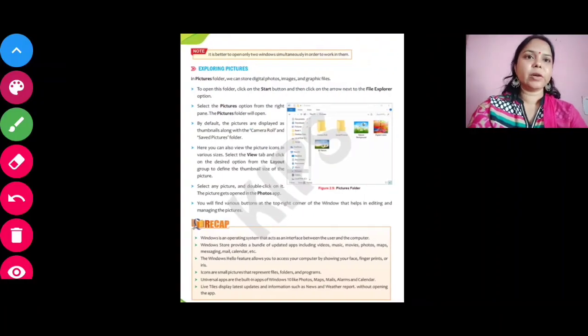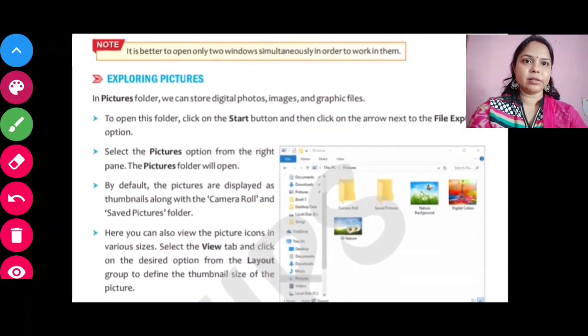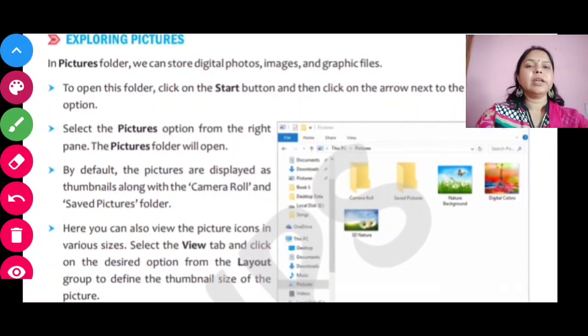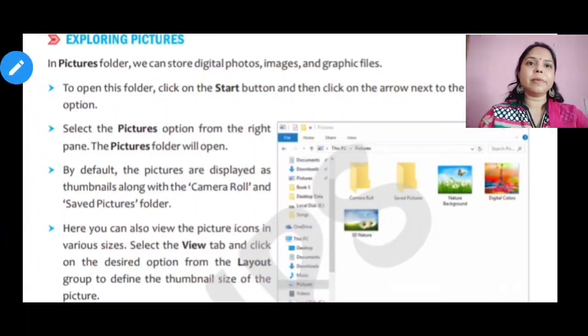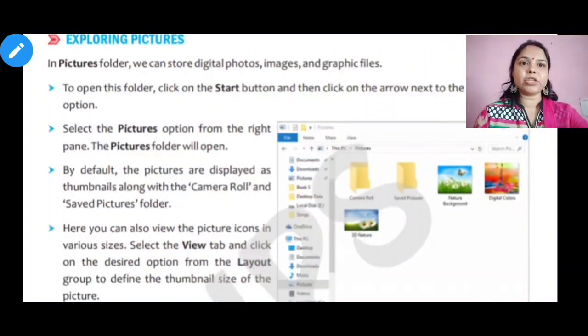What is our next topic? Our next topic is exploring pictures. In the pictures folder, you have just now studied that in a picture app, there are so many pictures that we have clicked or that we have shared, stored in our pictures folder.